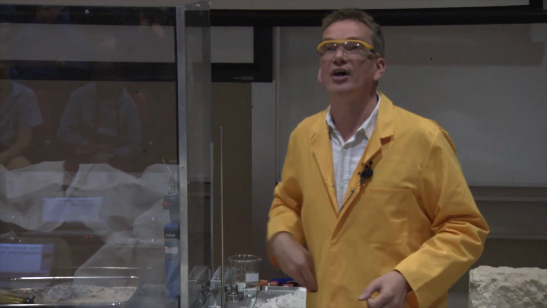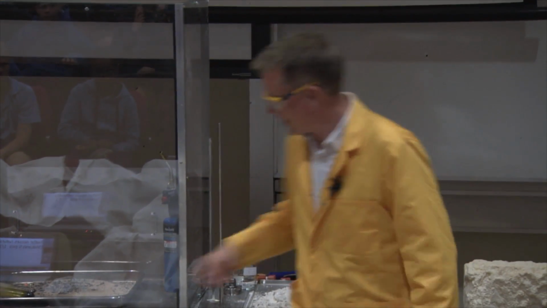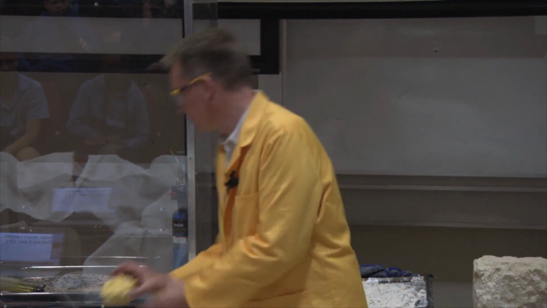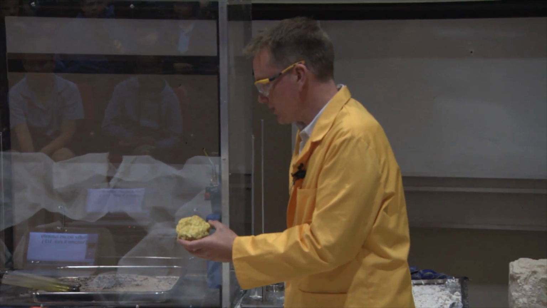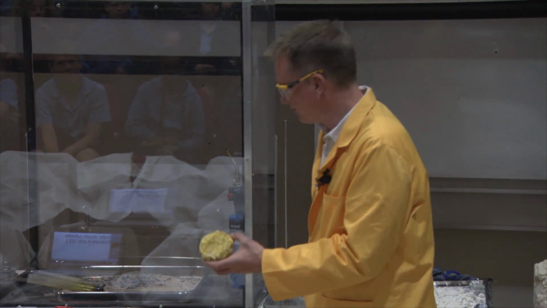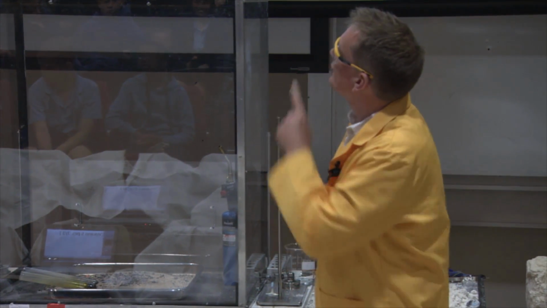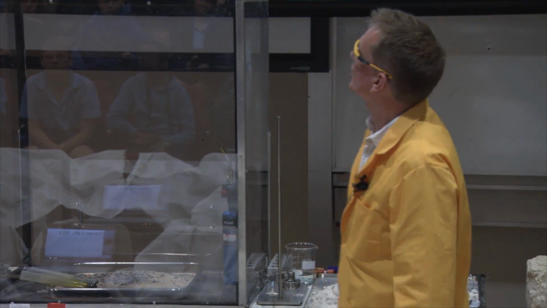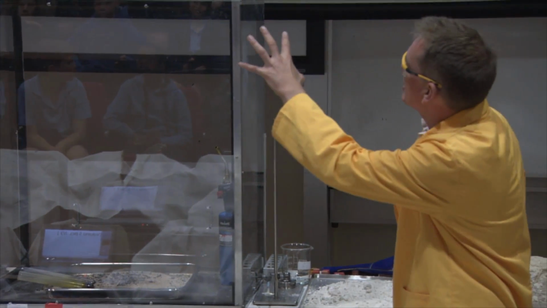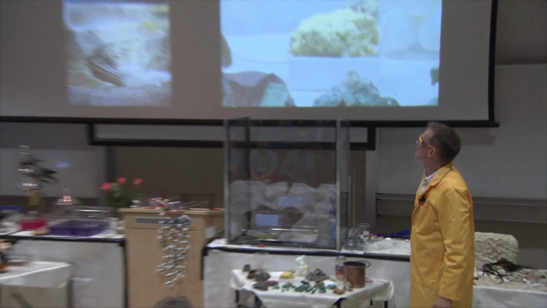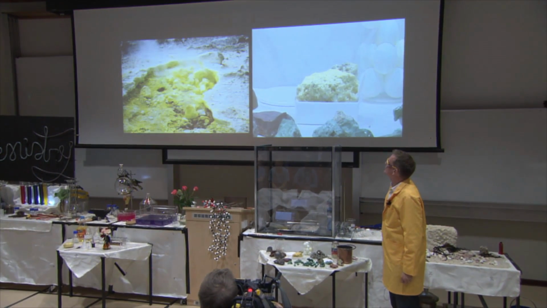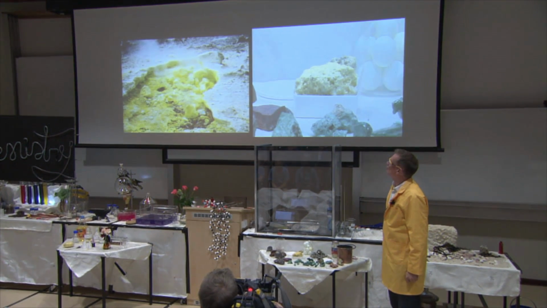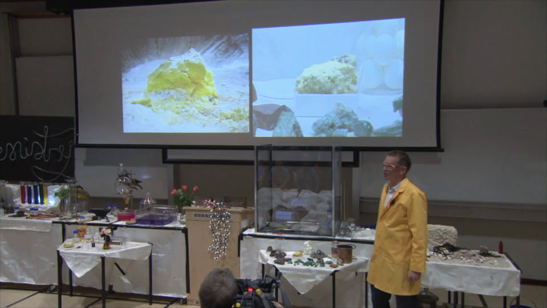But you can also find sulfur just lying around. In fact, here's a piece here. And this piece comes from Indonesia, from Java, okay, which is rather nice. So this is a little lump of sulfur. And I have a slide here showing some more sulfur. This is on an island just off of the coast of Italy. And the yellow that you see there is sulfur. And this is an element. Here it is, looking closer, just lumps of sulfur lying around. In fact, here's a boulder of sulfur.